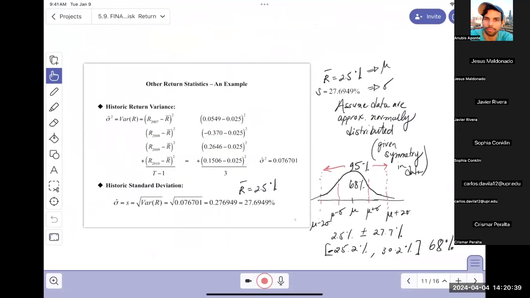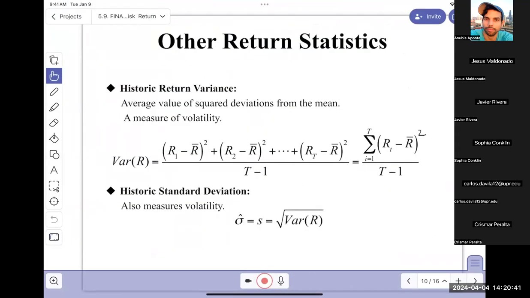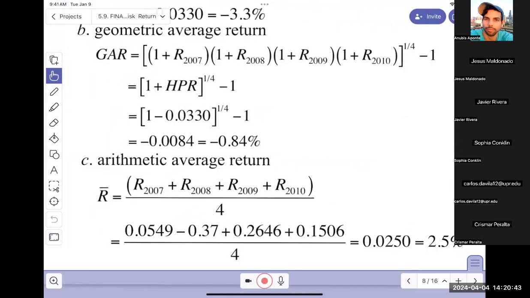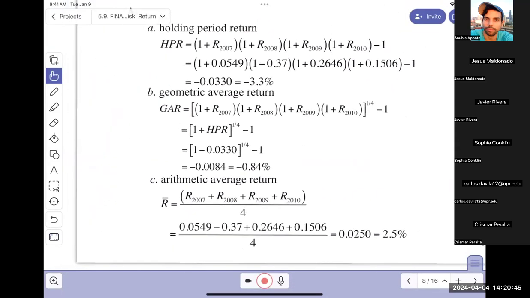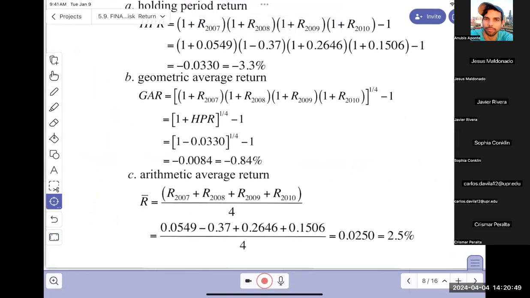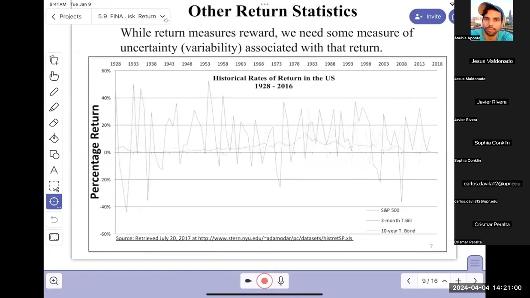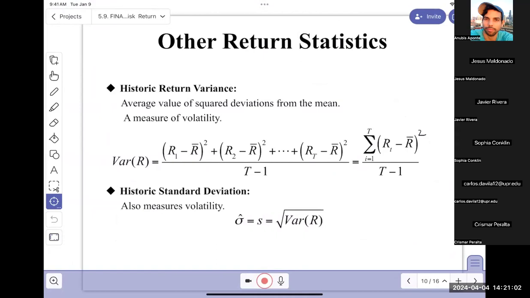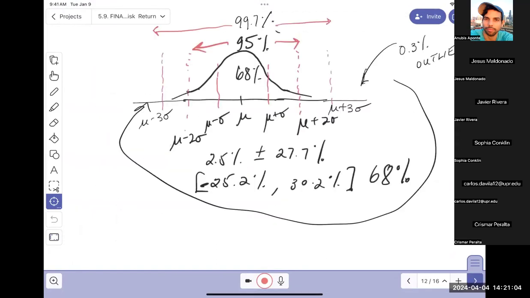I just did it because I made some calculations here, and that's how we interpret the normal distribution. In fact, it's not for a single asset or a single stock that we should assume normal distribution, but we do assume a normal distribution in finance for the S&P 500 or market